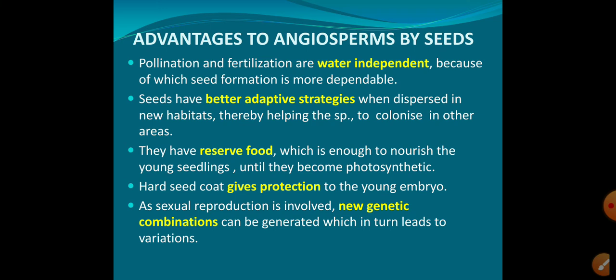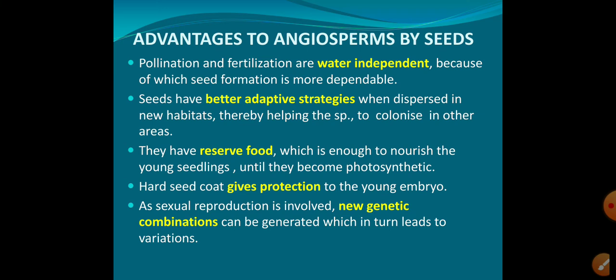Next, they have reserve food. Till the seedlings grow into a plant, till the plant becomes photosynthetic or completely independent, it will have some assured reserve food stored inside the seed. That is another advantage. A hard seed coat gives protection to the young embryo. That is another advantage.